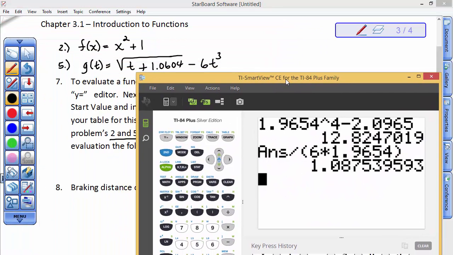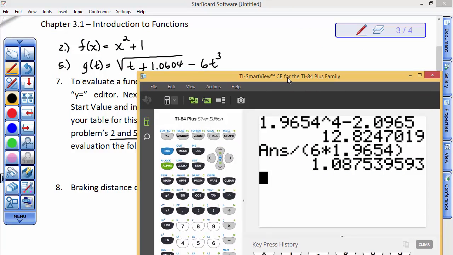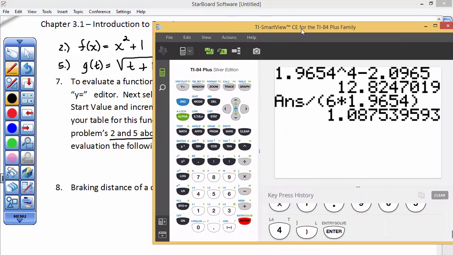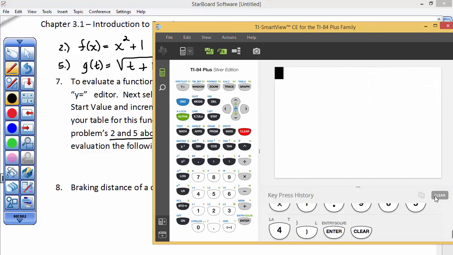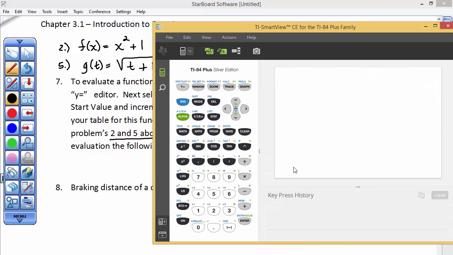So there's our two functions. And I am going to move this right here for the first one so you can see the whole calculator. All right. So the work here says hit your y equals editor. You see these buttons across the top of the graphing calculator. These buttons are those that will let you evaluate a function, y equals something. It will let you set up a table so that you can see a table of output values from that function. You'll put values into the machine by setting up the table,